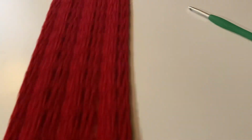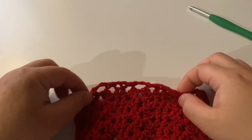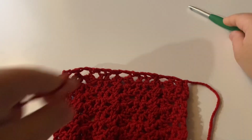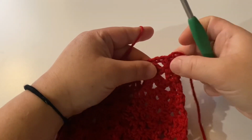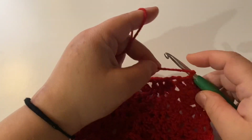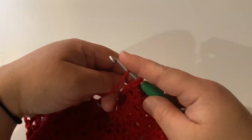So let's go ahead and start on the second half of the scarf. So let's go ahead and find your end with the tail, and then you want to go ahead and insert your hook right on top of that double crochet right here, and I hold my tail down so I can weave in the end as I go. So go ahead and loop your yarn through,